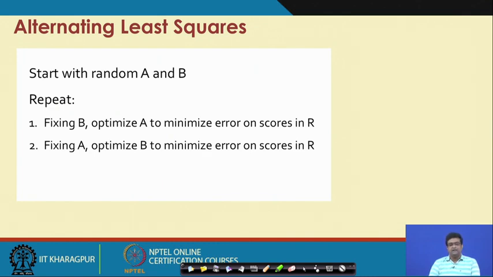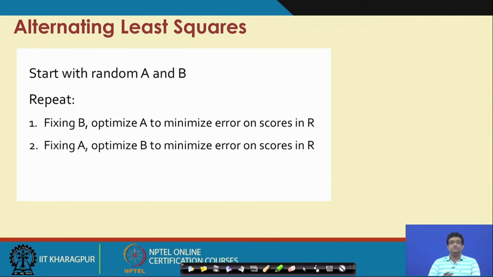Then first we fix the matrix B and find A which optimizes the error on scores in R. The second step is you fix A to the A that you have obtained in the previous step, and then you optimize for B such that it minimizes the error on scores of R again.